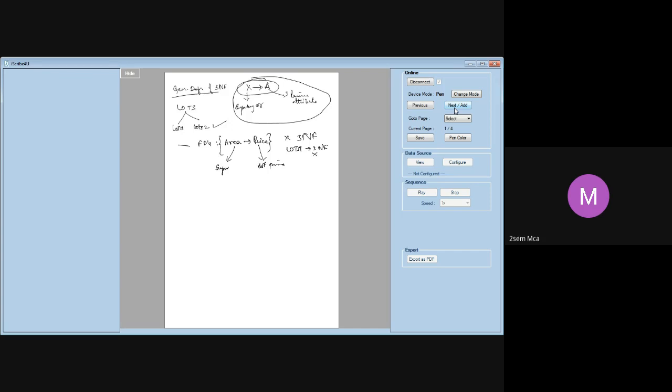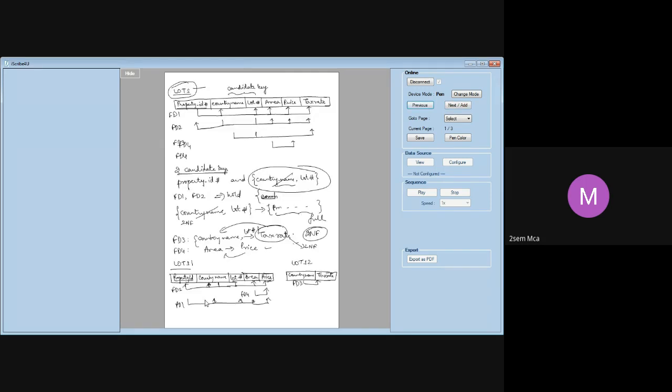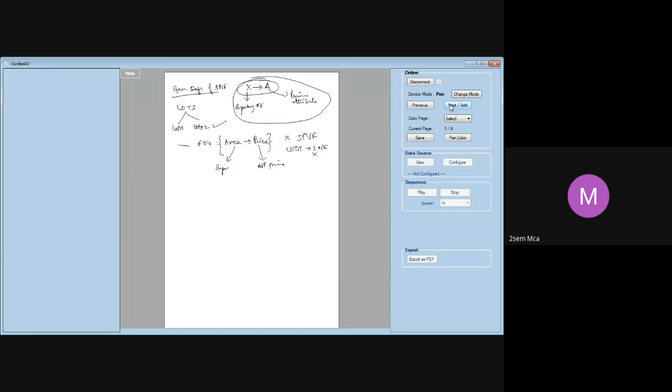Area is not a super key here. Price is not a prime attribute in lots 1. In lots 1, property ID is the prime attribute, or you should take the candidate key, country name and lot number. Both are not there. Area determines price. Area is not a super key. Price is not a prime attribute. Hence the general definition of 3NF, that X either should be a super key or A should be a prime attribute, is not satisfied. So we have to decompose this lots 1 into 2 different tables.